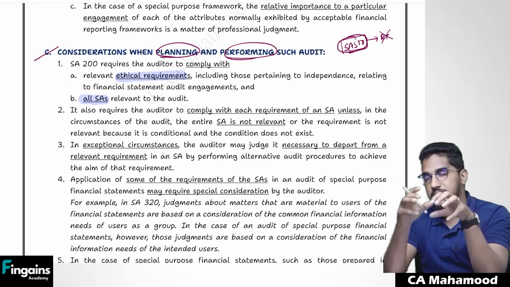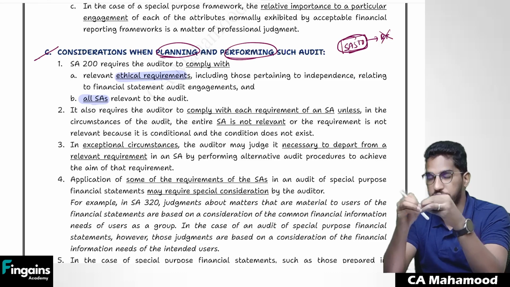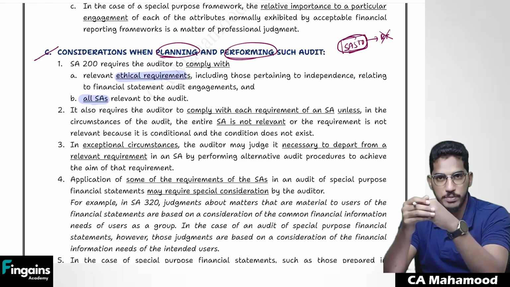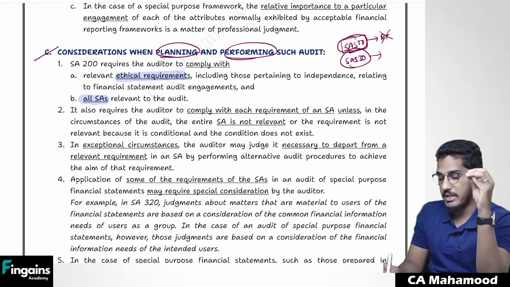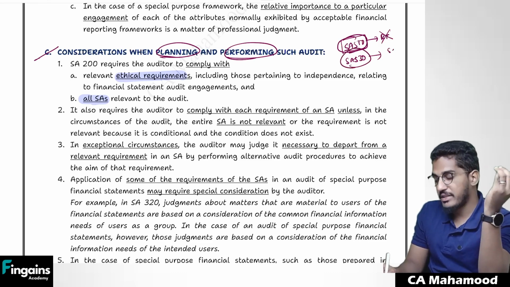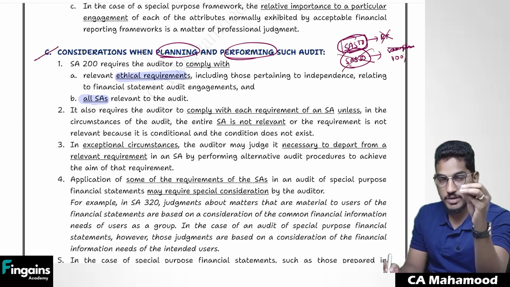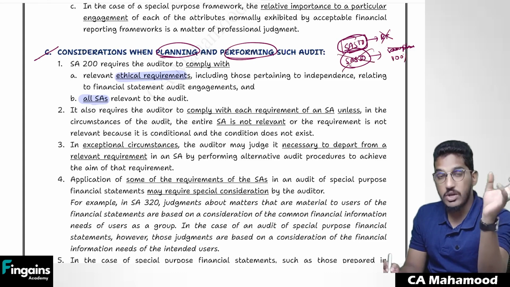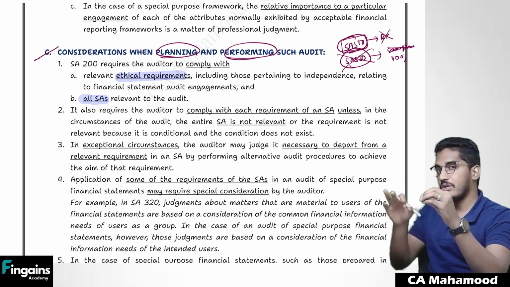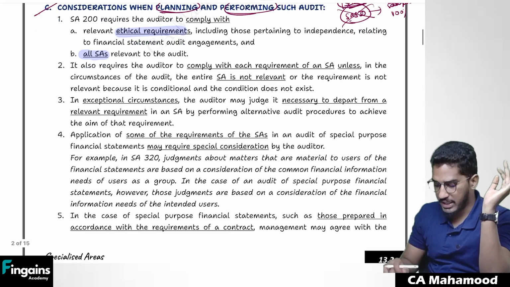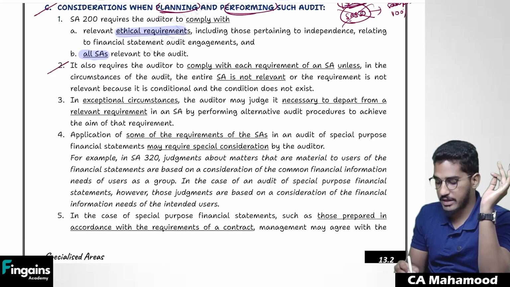Or the standard contains some conditions. Only if some conditions are fulfilled will that standard come into picture. Like for example, SA 530. SA 530, which talks about audit sampling, will become applicable only when you have taken a decision to verify the transactions on a sampling basis. If you have decided to verify the transactions on a 100% basis, then SA 530 has no role to play. So unless a standard is not applicable, or unless the conditions present in the standard are not met in the given case, you can ignore that standard. Otherwise, you have to comply with each and every standard. That is what they try to say here.